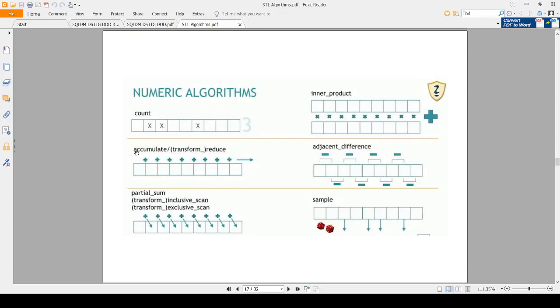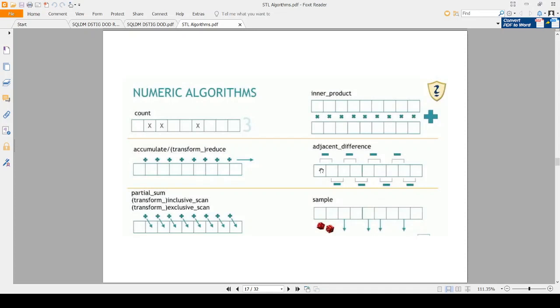In accumulate, basically it adds the data which has already been collected. For example, it will take the first element's value and the second element's value, sum them up and put that value in the second element, and then it will take the third element and the previous sum and put that sum into the third element, and so on and so forth. The reduce does a similar thing, and we will talk more about these when we give examples. I just want to go through first what they do, and then we'll take some examples.